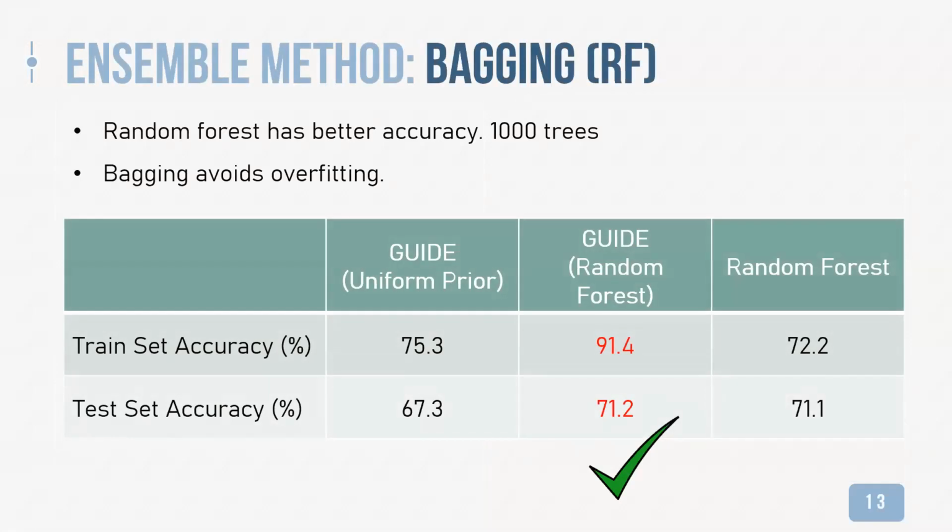Okay. So besides tuning the hyperparameters or setting the prior, we can also use another method, which is the ensemble method, because it's believed that a combination of multiple weak learners can result in a strong learner that can make a wiser decision and better prediction without overfitting the data. Here we present random forest. Random forest is one of the bagging methods. Bagging means that you build a lot of learners and then you put them in a bag and then you vote by the